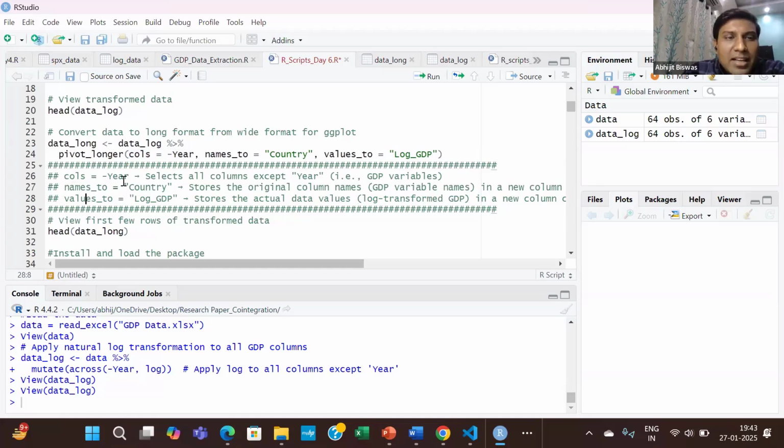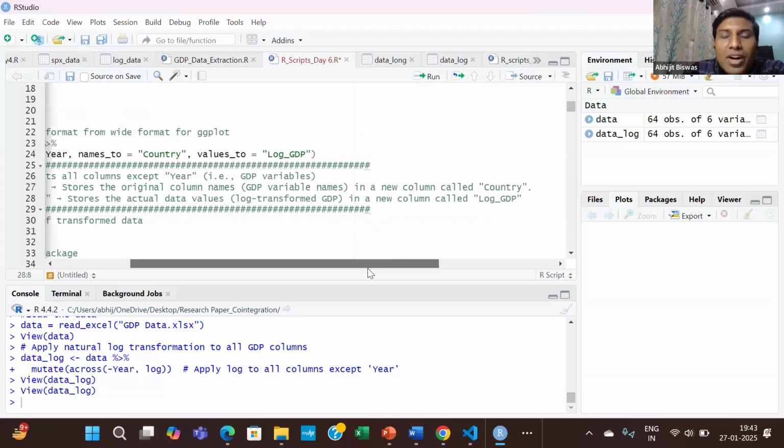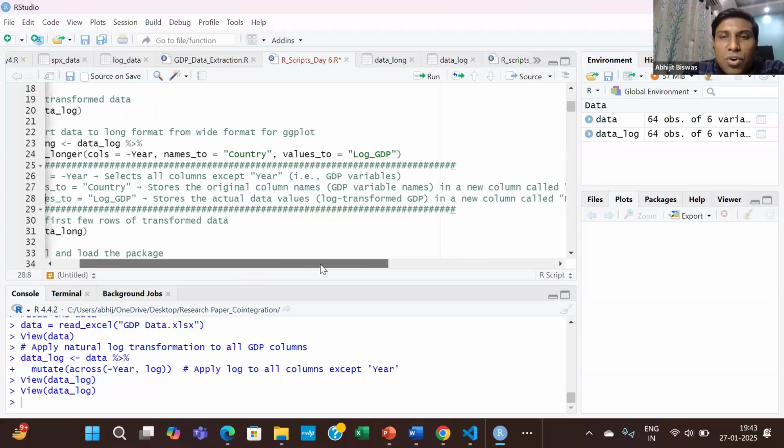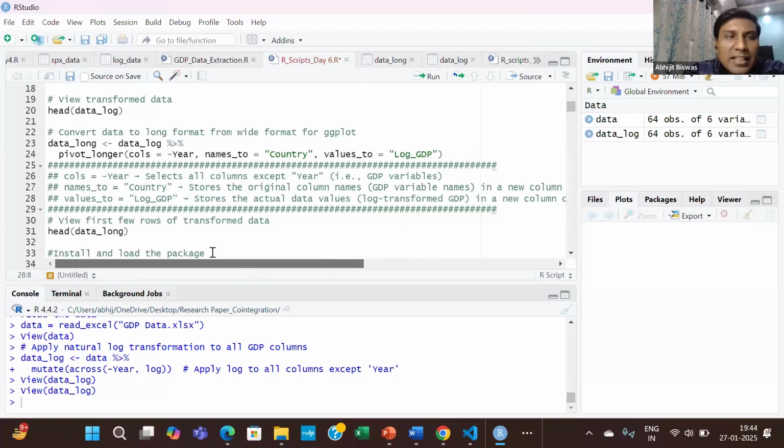So columns is equal to minus year basically means select all the columns except year. That means all the GDP variables will be selected. Names to is country: it stores the original column names, that is GDP variables, into a new column called country. I'll show you, then you will understand. And values to is equal to log GDP: it stores the actual data values, that is the logged version, in a new column called LGDP. Now, if you run this,